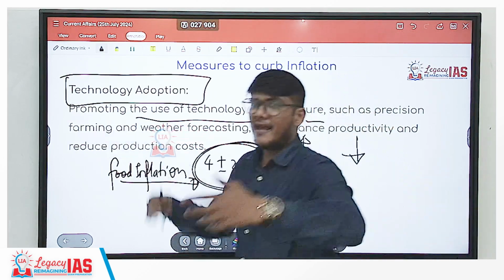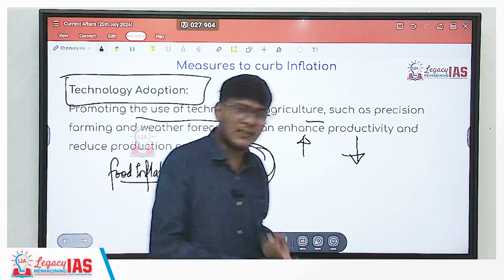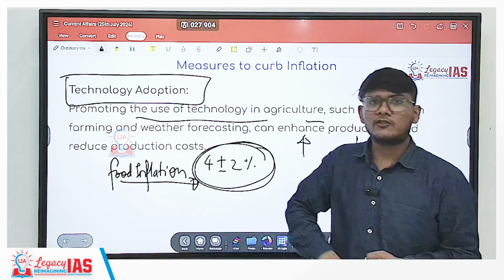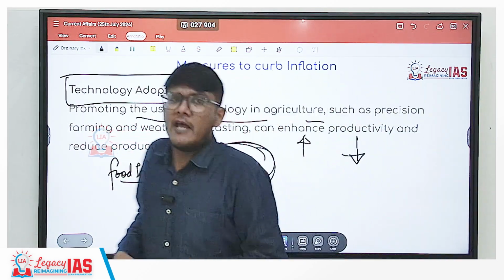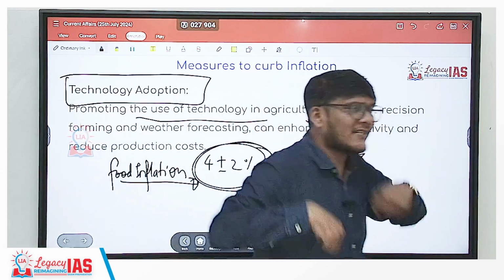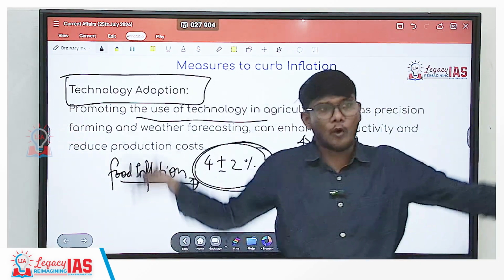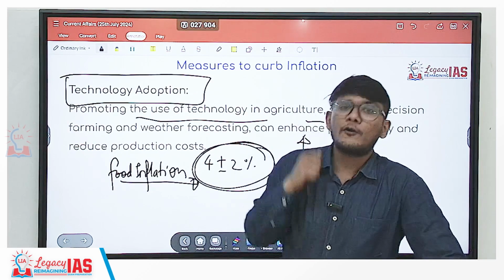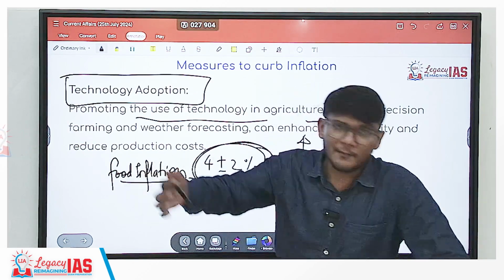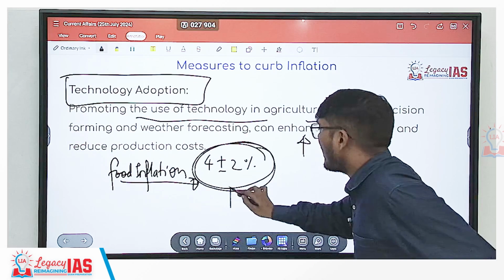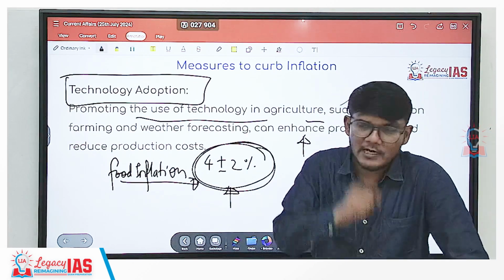But what does RBI have? Does RBI manage the efficiency of production, agricultural production, industrial production, transportation, crude oil prices? There are various things which are not in RBI's hands, but still it is asked to control or target the inflation of the overall Indian economy. So that is also not fair. So at least if food inflation comes out, that can be a good thing, and RBI can be more efficient in targeting this. That's point number one.